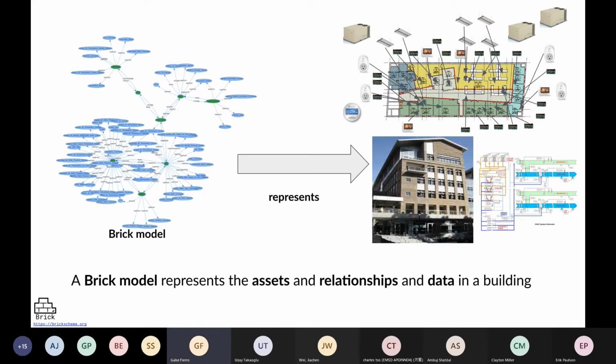And the way this is going to fit into the way that applications are written, the way that data-driven software is written, is that the Brick model becomes a digital representation of the assets and data sources inside a building. It lets us know how that building's subsystems are assembled.